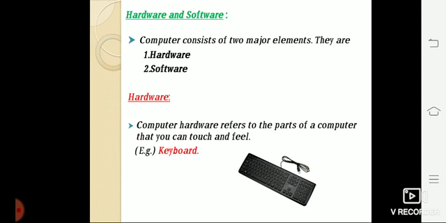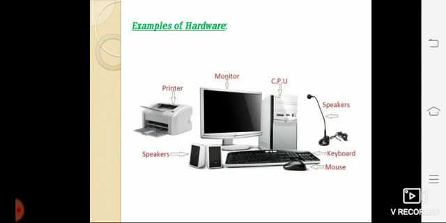In our body, we have eyes, nose, mouth, hands, and legs. In the same way, a computer also has physical parts to do some specific work. These are examples of hardware: monitor, CPU, speaker, keyboard, printer, and mouse.